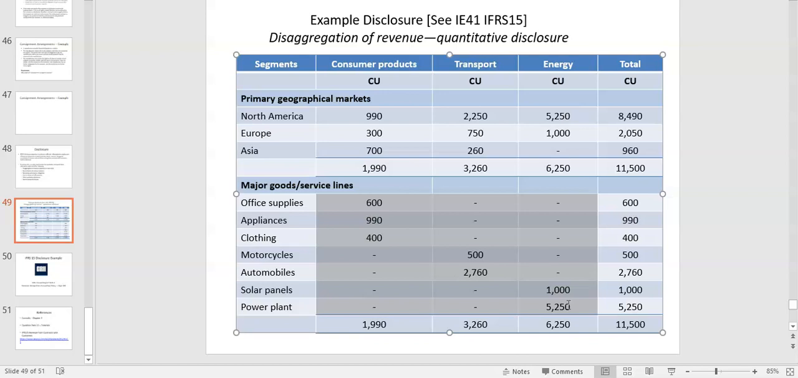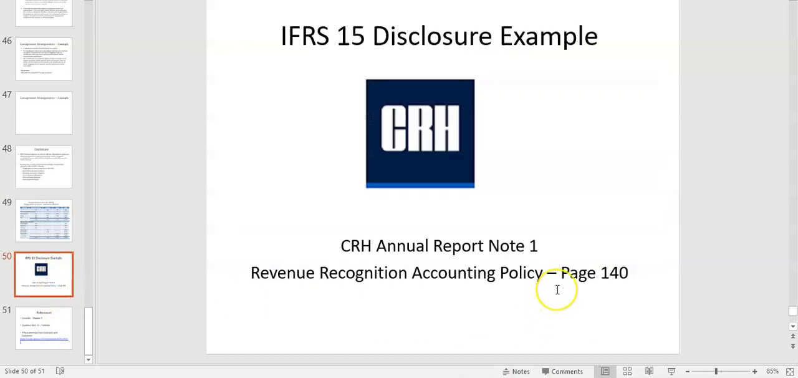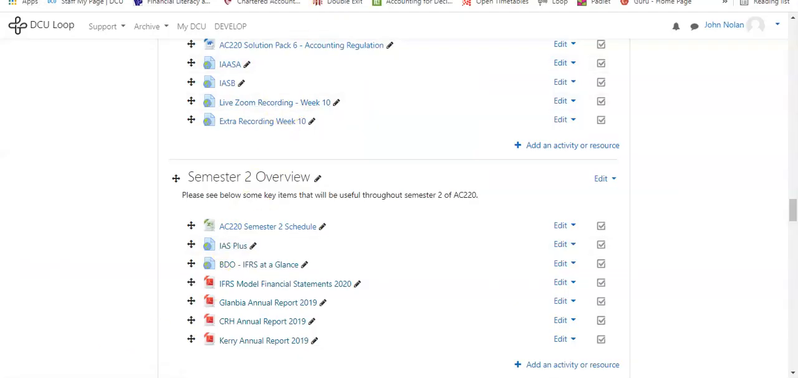And that's one of the earliest and important notes you'll see in a set of financial statements. For example, we look at the CRH one. It's a very good one to show you how important it is and the detailed level of disclosure that's required in IFRS 15. So for example, if we go back and have a look maybe at CRH